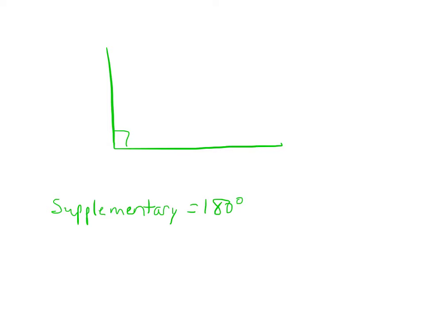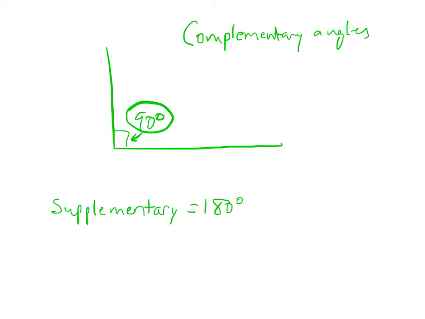Alright, we've learned today that supplementary angles equal 180. This is a 90-degree angle here we see because of the right angle symbol. And when two angles together equal 90 degrees, we call those complementary angles. So 45 degrees plus 45 degrees equals 90, so they would be complementary angles. So in this case here,